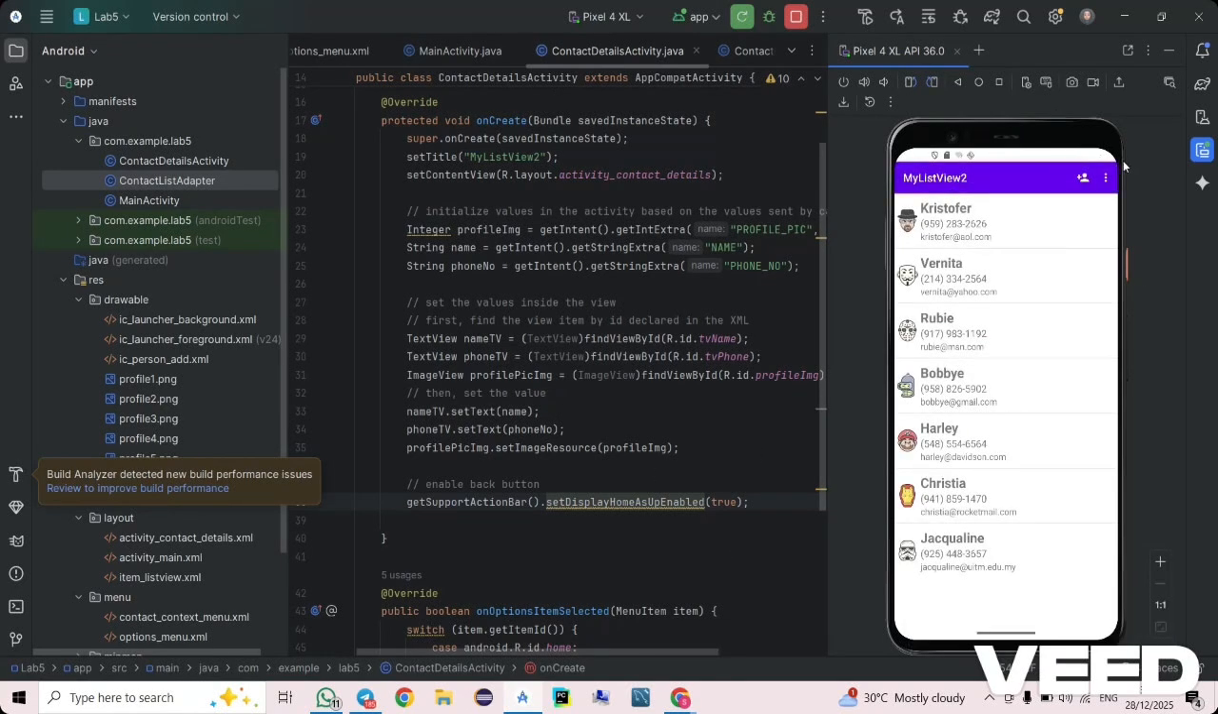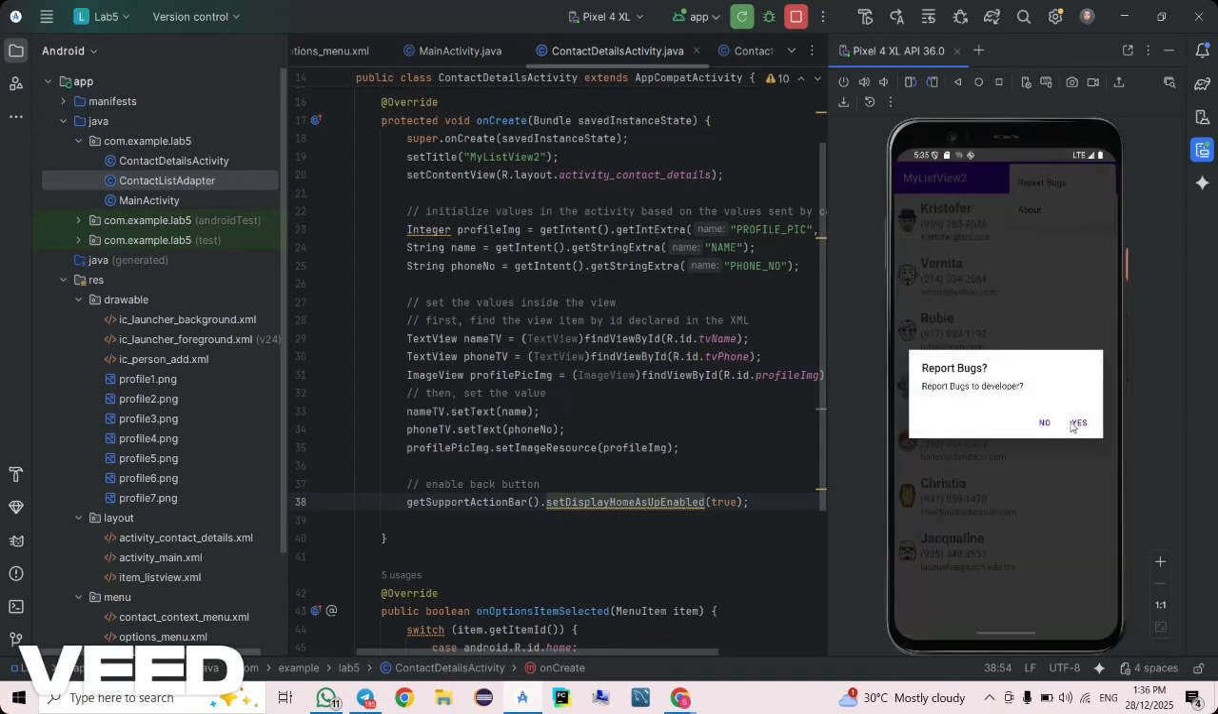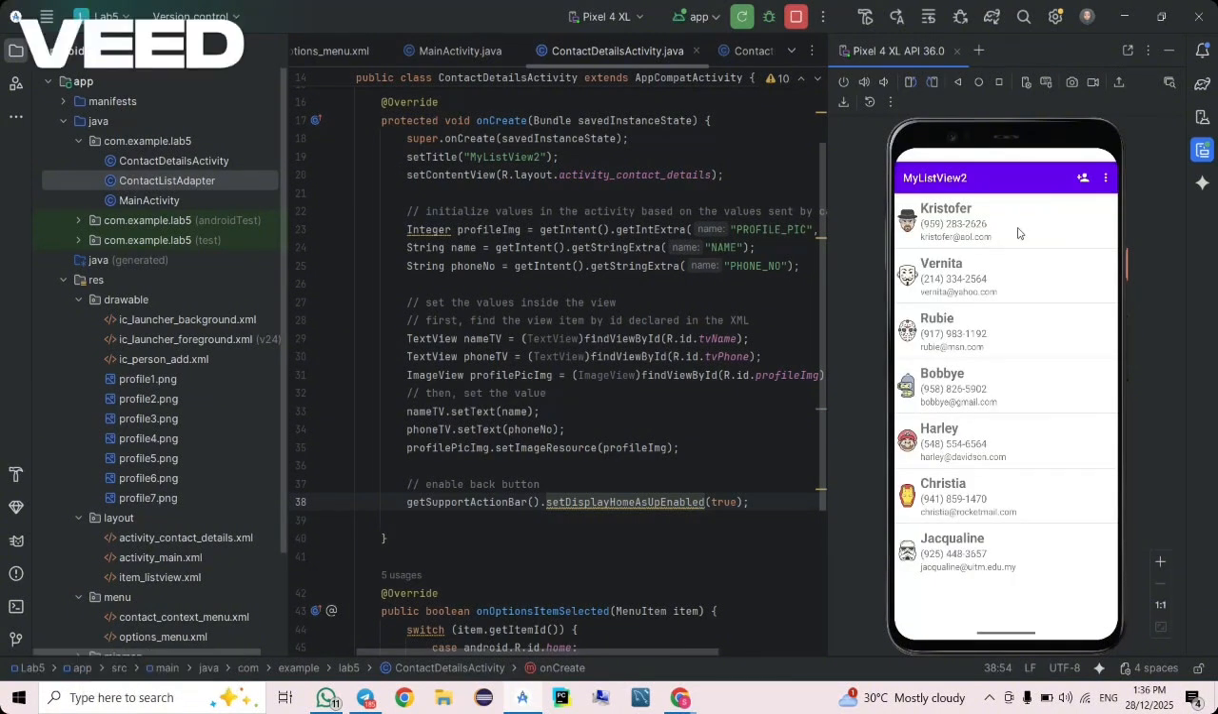So as we can see here, the menu appears at the action bar, and this one is for report bug and about. And if we click report bug and we click yes, next if we long press at Christopher, then it will pop out this one. Select the action: details, call, SMS and delete. So for example, we click details,